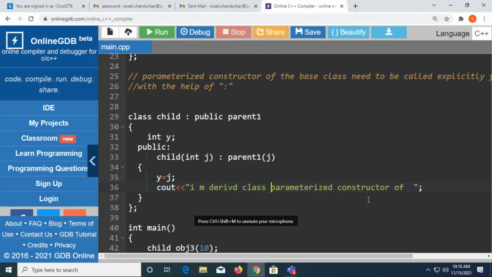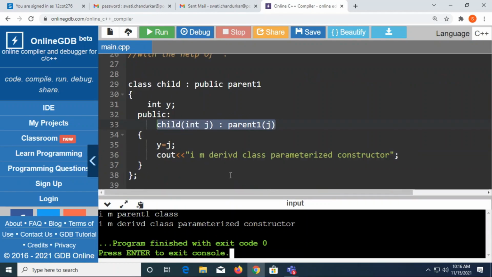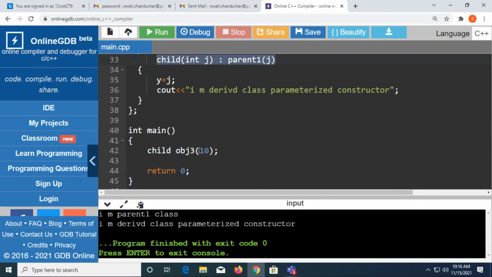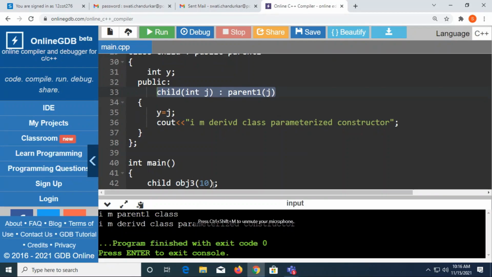What I did, a simple thing, is that I have added explicitly a colon with the parent class and an explicit parameter, which is not needed when we are talking about a default constructor. So see, when my control is moving to the child class, 10 is my parameter.